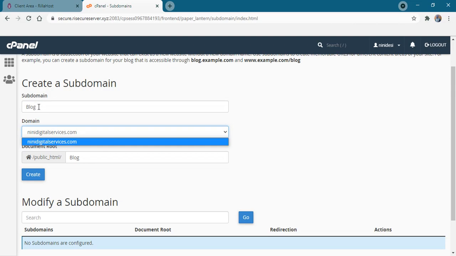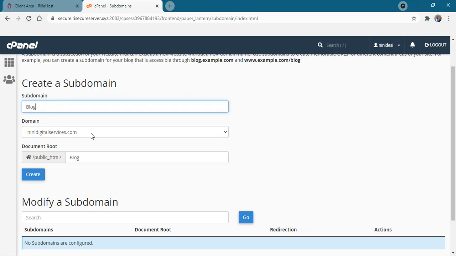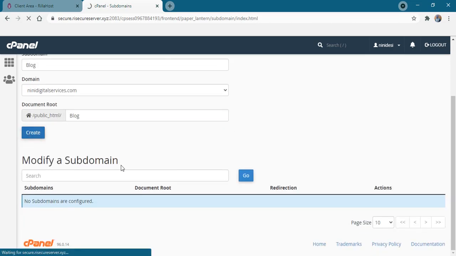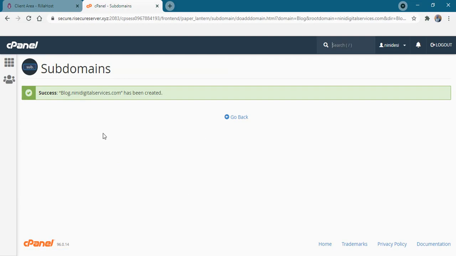subdomain to. Since it's just one that I have with them, I'm just going to click on that, and then here, just by typing in the name, you can also see it here. So this will go straight to the public HTML folder, and then it will be a different folder within the public HTML folder. So we are going to click create, and just by clicking create, we'll be able to see the domain below. The domain has been created.